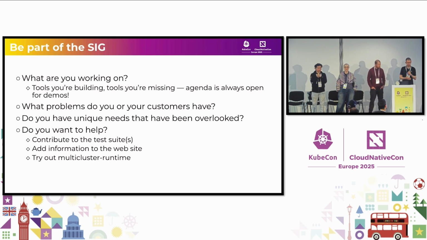And so if you're interested in helping, we could use help with the test suite. Our APIs have test suites to go with them because they are designed to be implemented by multiple implementations. We provide something like conformance suites that allow implementations to say, okay, we meet the requirements. Our website is lacking in detail and could use some work.